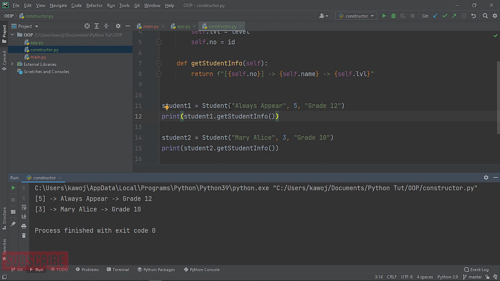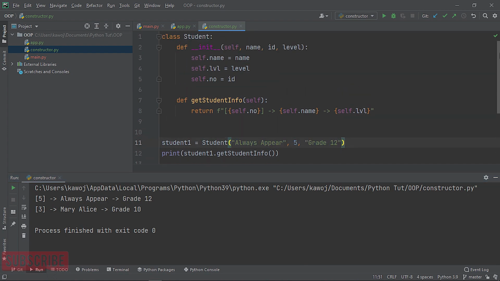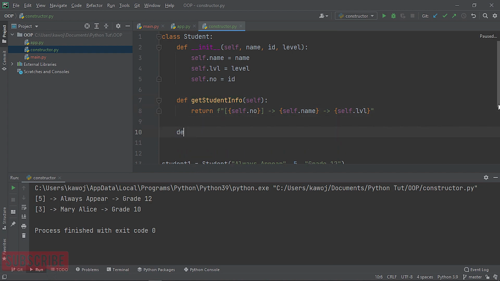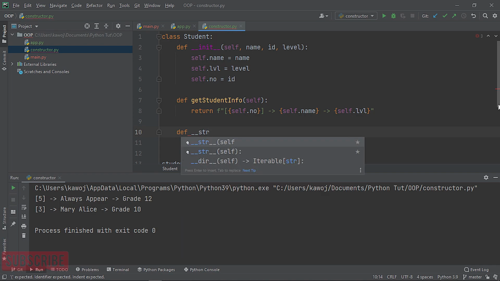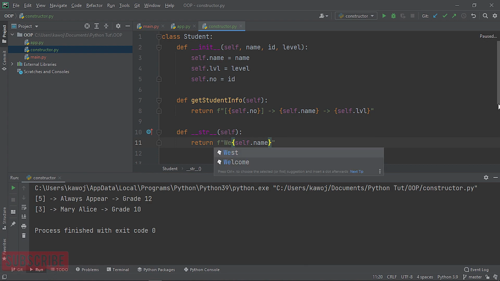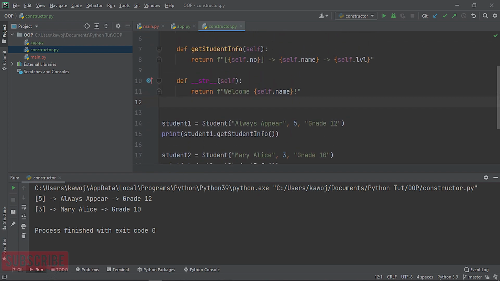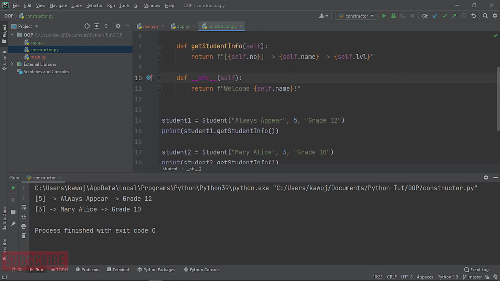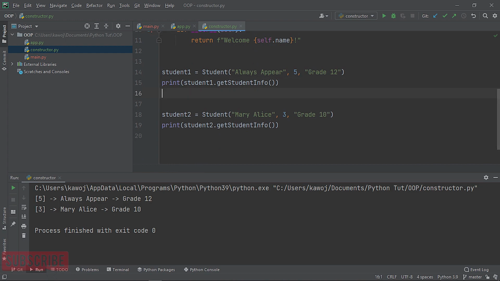So this is just what a constructor does. So let me create another built-in dunder inside of this class Student. So let's create something like a string, def __str__(self), which is this string like this. Now I can return self.name like this. So let's say welcome self.name. So to use this string, I can just go outside there and print